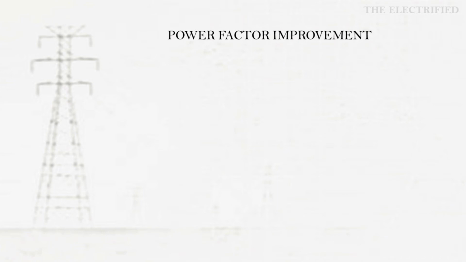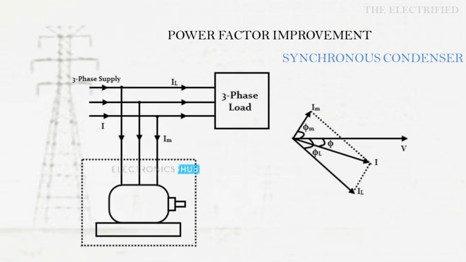Second method towards power factor improvement is synchronous condenser. What is a synchronous condenser? It is nothing but an overexcited synchronous motor. When a synchronous motor is overexcited, it converts itself into a synchronous condenser. Now, transformers, induction motors and power plants will draw the lagging kVAR component. The synchronous condenser will draw leading current and it neutralizes all the lagging current of an equipment or a plant. This is how it helps to improve the power factor.